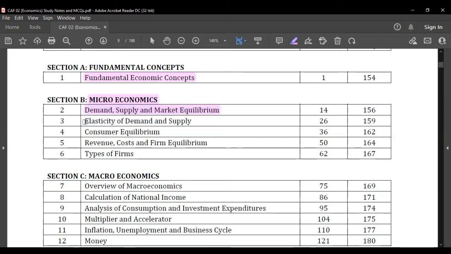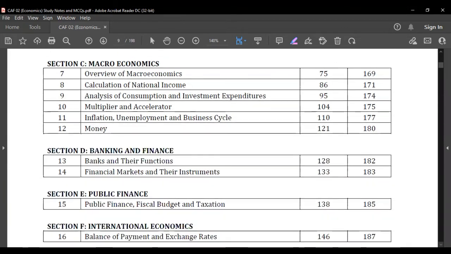Then we move towards elasticity of demand and supply, then consumer equilibrium, then revenue, cost, and firm equilibrium, and the different types of firms that are present in our economic system, and their importance with their different types. After that, we will start our macroeconomic level,